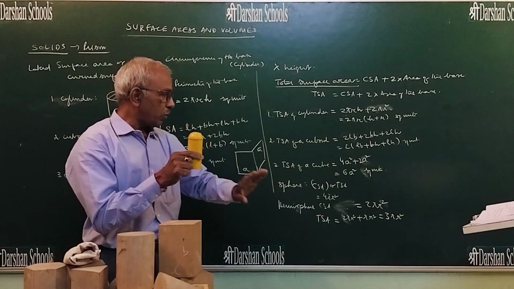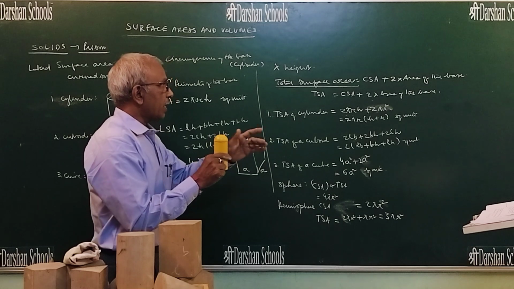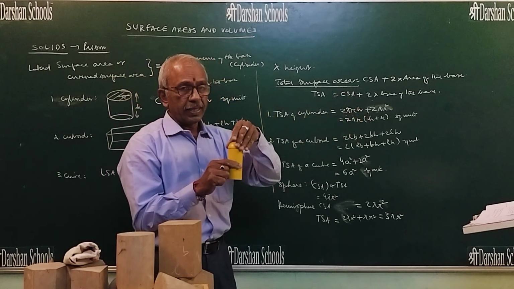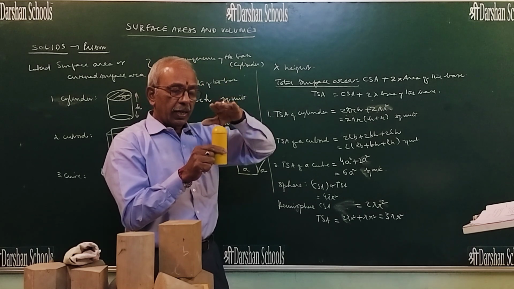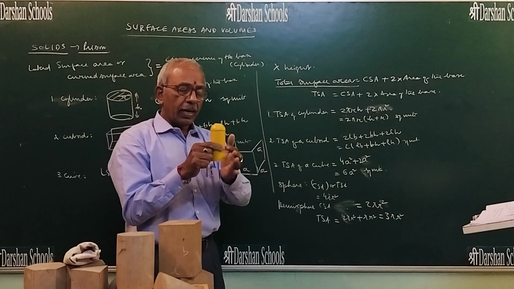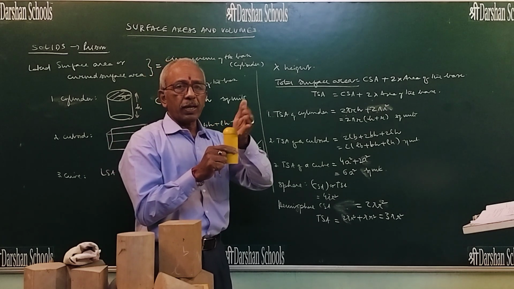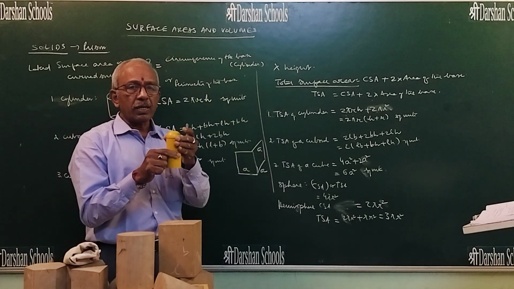For a hemisphere, you know it is 2 pi r square, and for a cylinder, it is 2 pi r h. The radius is the same. This is the same. It is fitting on this. Therefore, this is 2 pi r square, and this is 2 pi r h. 2 pi r h plus 2 pi r square gives you the curved surface area or lateral surface area of